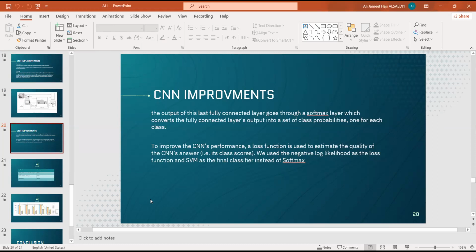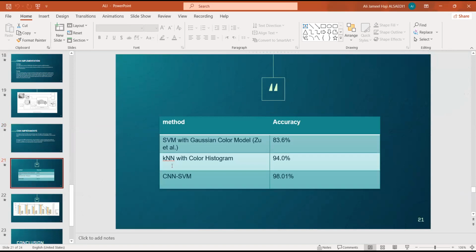We use the negative log likelihood as the loss function and SVM as the final classifier instead of softmax. Here are the accuracy results for the test. For the color model with SVM, meaning support vector machine, you have 83.6% accuracy. KNN, with color histogram, meaning K nearest neighbors,